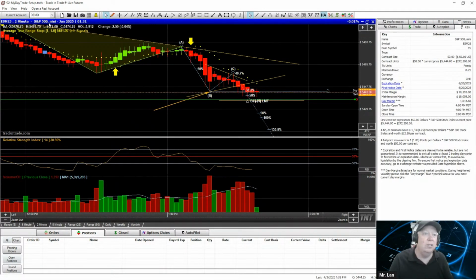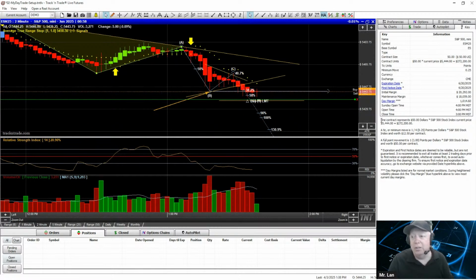Now this is an S&P 500, so it's a basket of money. So how much money is in one contract? In this case, right now it's currently $272,200 in one contract. And that's going to change because as the market goes up and down, that number will change. But right now we're sitting here with $272,200. And that's why with a $1,000 investment, you can make so much money, because you have the leverage of,